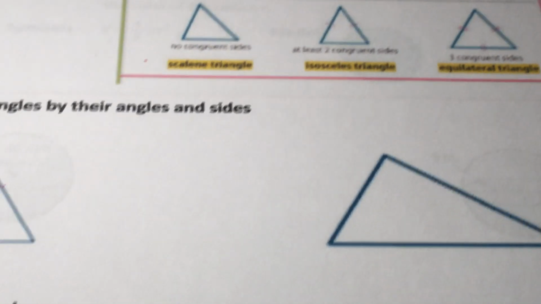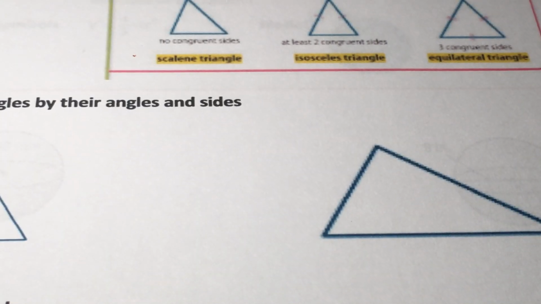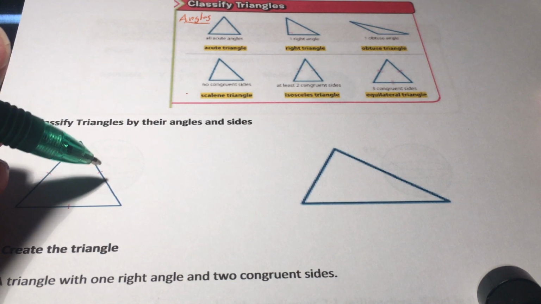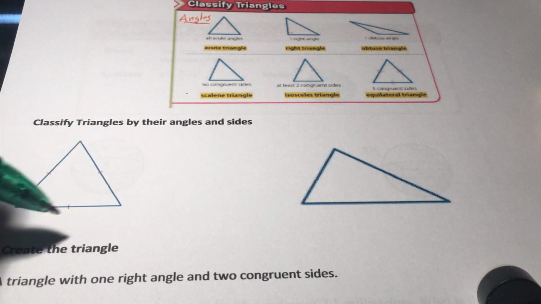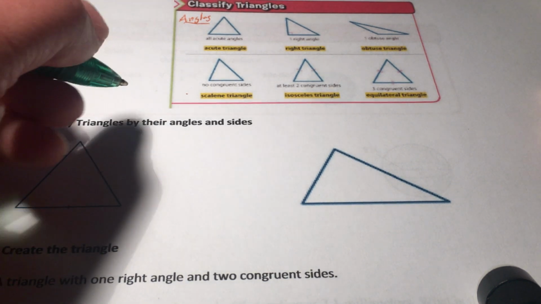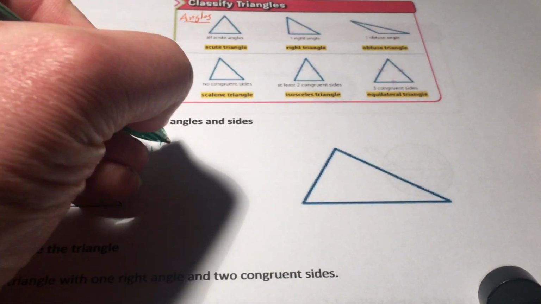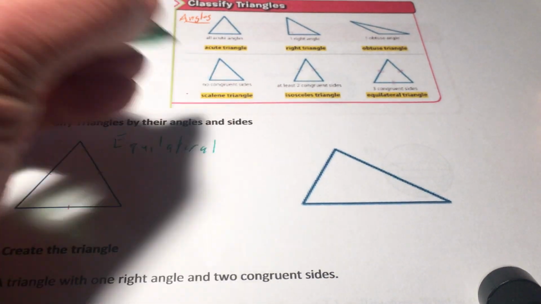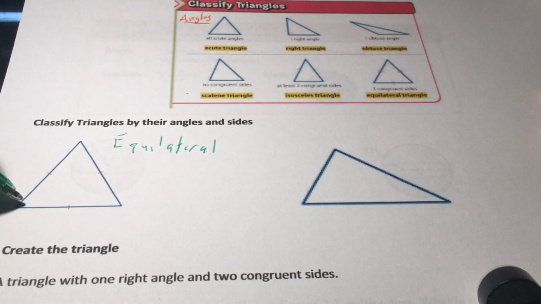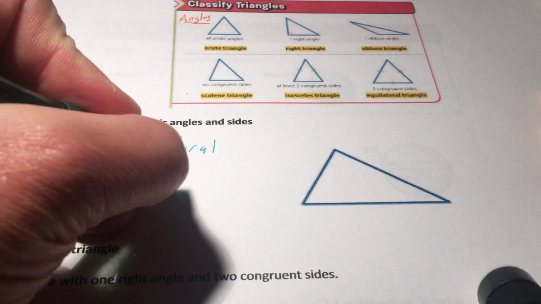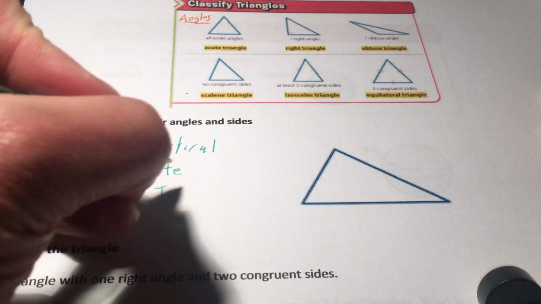So when we come down here, we want to classify these triangles by their angles and their sides. So if I look right here, all of these have a little hash mark telling me that they're all the same length. So these are all equilateral. Also, if I look, each one of those is also acute. So it's an equilateral acute